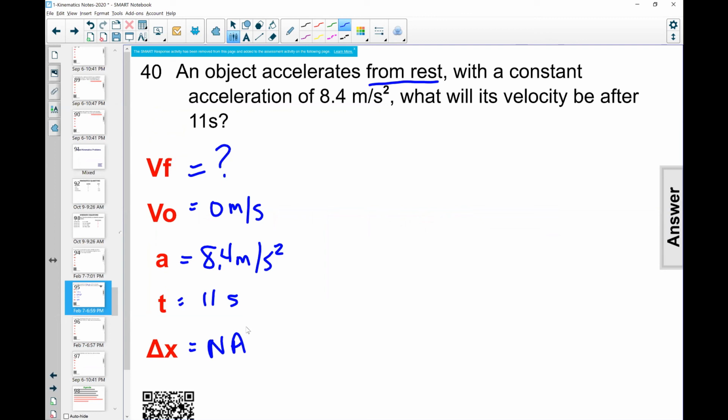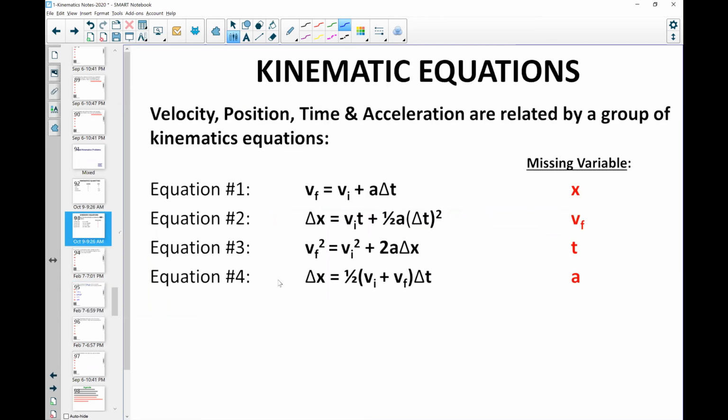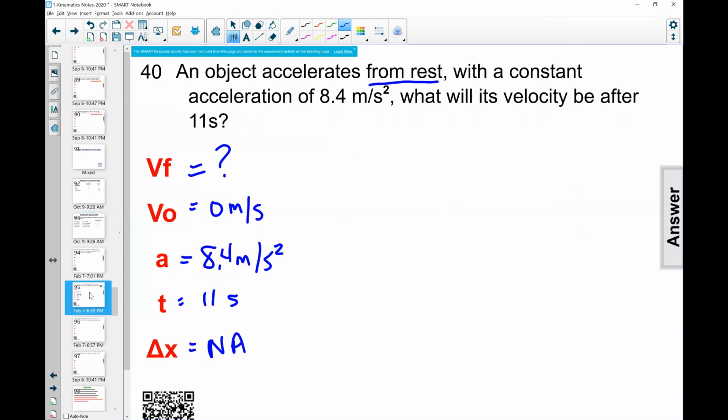All right, looks like a lot of you coming up with the same answer here. So if I make my list, I see I'm looking for final velocity. I see there's no mention of position anywhere in the question. So if I go back to my equations, the one that's missing x is the first one. And so we can see, does that first one make sense? Well, VF is what I'm looking for. I know VO, I know A, and I know T. So that sounds like a pretty good choice.